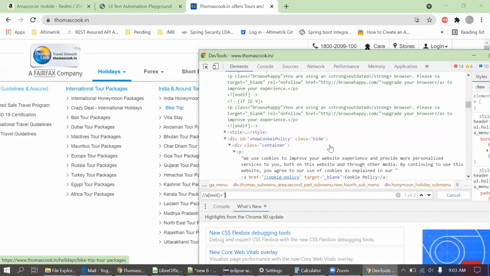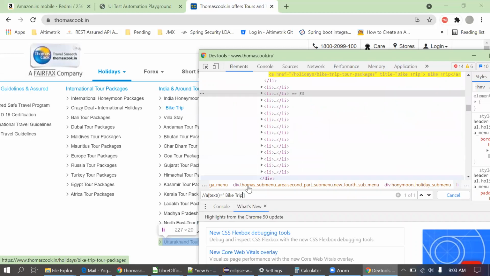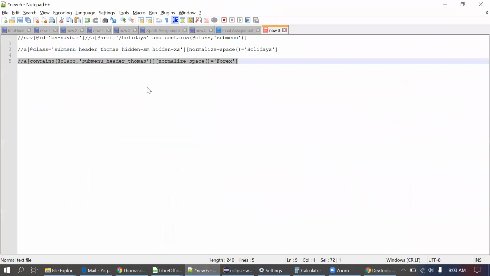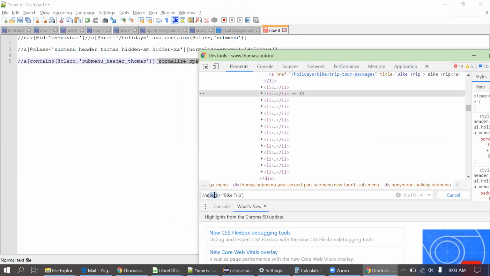Text is equal to bike trip. There is a space now. If I remove the space, it is not working. I'll use the normal space again here, just copying the syntax, normal space. Okay, now it is showing bike trip as unique.